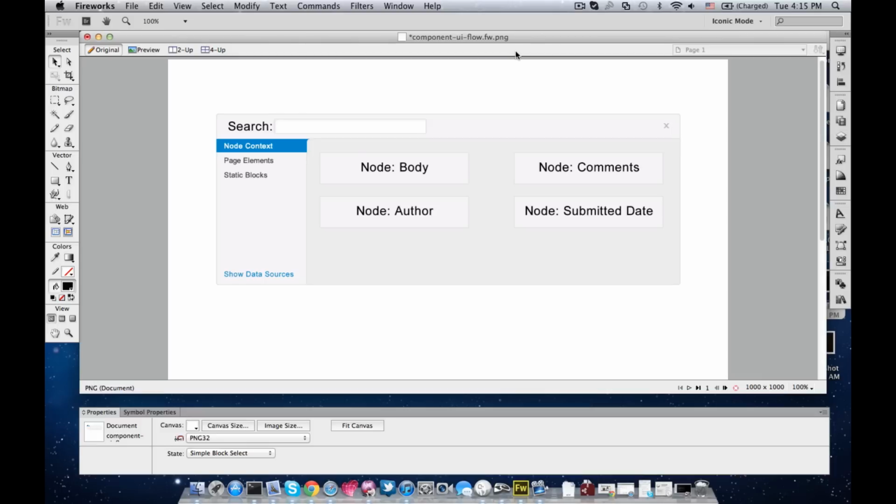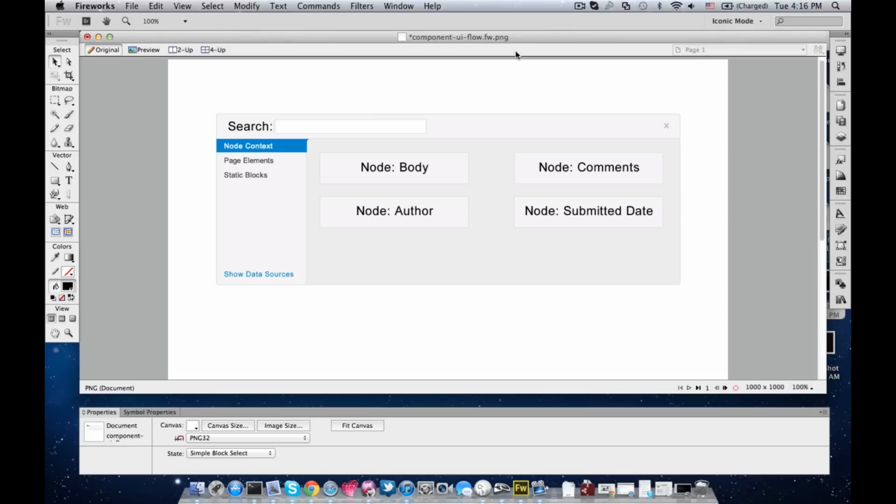So what we're looking at right now is my mock-up for a block selection utility. And currently we have a search box in it. We're looking at the available node blocks. We have page elements and static blocks that could also be available to us. And for purposes of argument, we're just going to assume that the page we're looking at is the primary node page, so node/%node. If we were configuring this on the back end and we wanted to change how this was working, this is the sort of interface we would get when we add blocks to a particular region of a